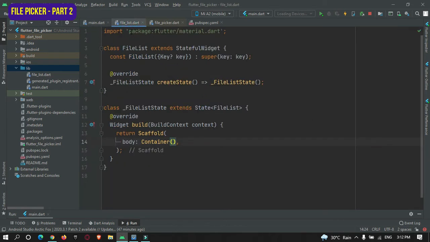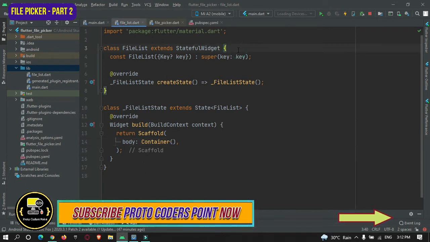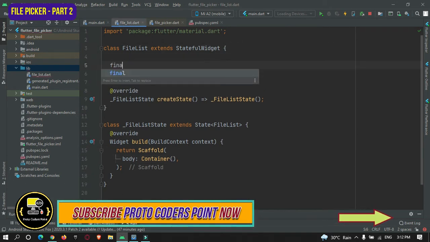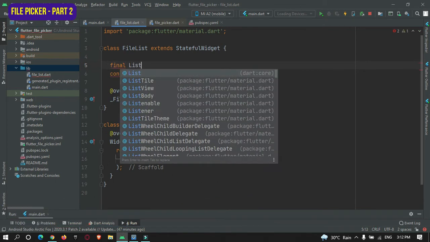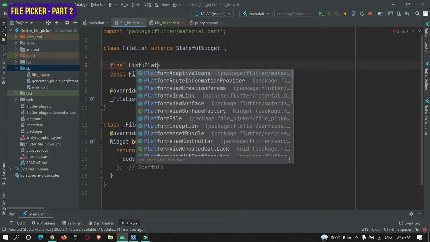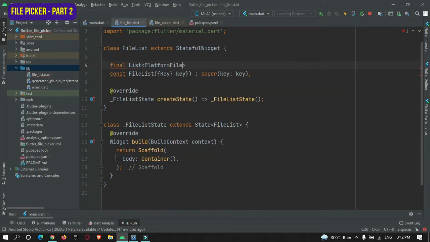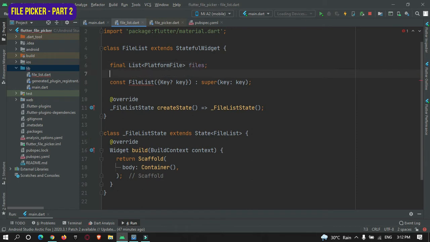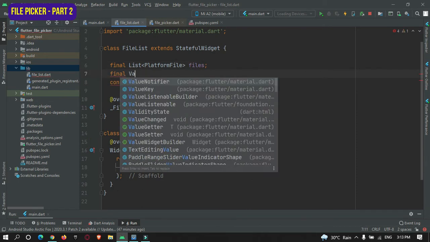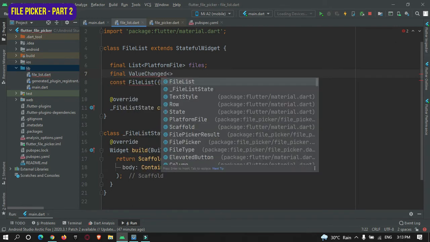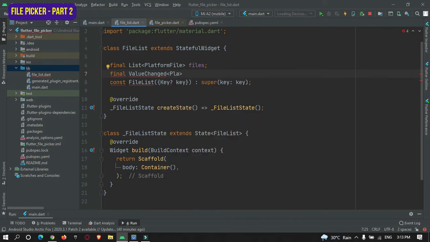Inside file list, over here, create some variables: final list of platform file, files, and one more callback function, that is value changed, which is of type platform file, on opened file.